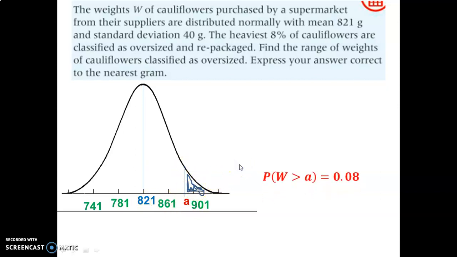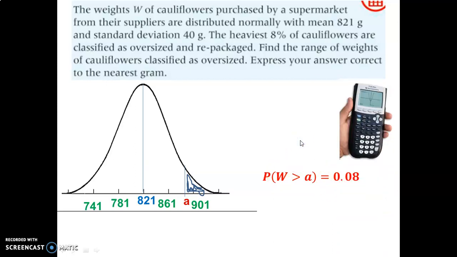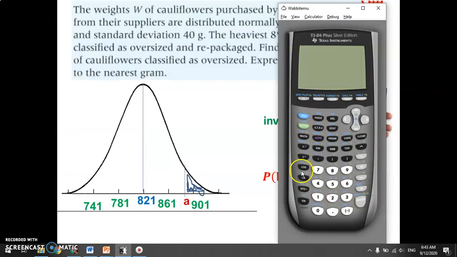So this is our setup, we're looking for weights that are greater than some unknown value where it gives us an area of 0.08. On our calculator, here's how we're going to run it. We're going to run what's called an inverse normal probability. So if you look at your calculator again, I'm going to press second, distribution,